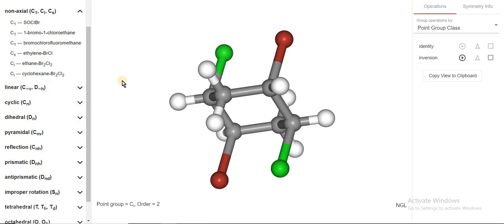तो ये था C1, Ci और Cs पॉइंट ग्रुप के बारे में। नेक्स्ट वीडियो में हम लीनियर पॉइंट ग्रुप को डिस्कस करेंगे।